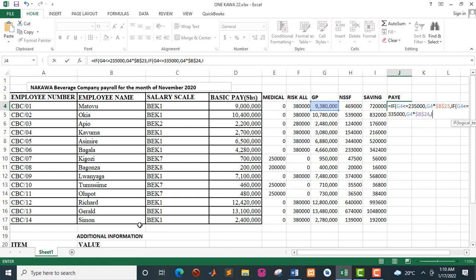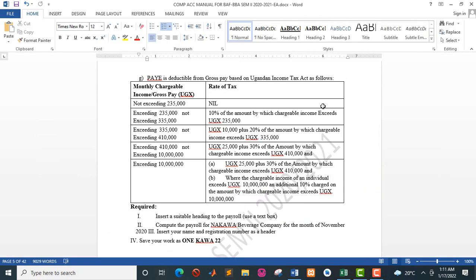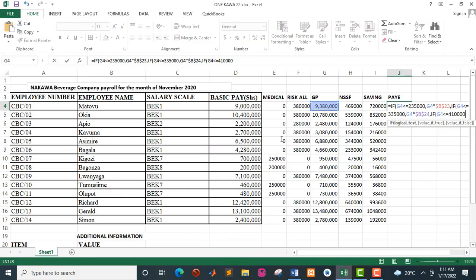We go to the next condition, which says that if the gross pay value is less than or equals to 410,000, as you can see right here, this is the upper limit. What should happen? We should get 10,000 plus 20% of the amount by which the chargeable income exceeds 335. Okay, so the value, if true, will be